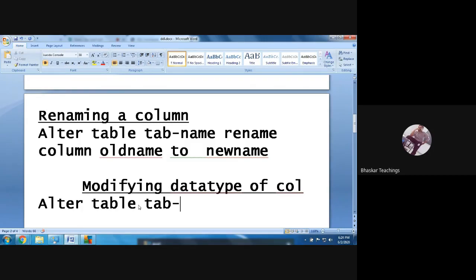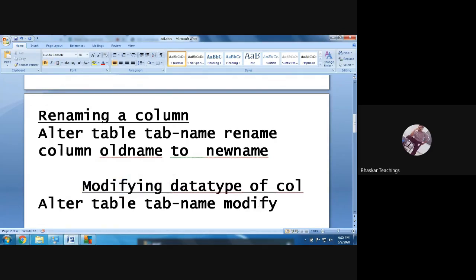While dropping, the keyword was drop. While renaming, the keyword was rename. Now, while modifying the data type, what is the keyword going to be? Here, the operation name itself specifies it. So simply the keyword is modify.